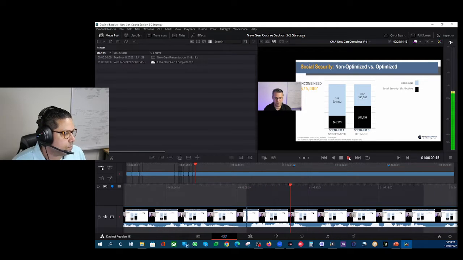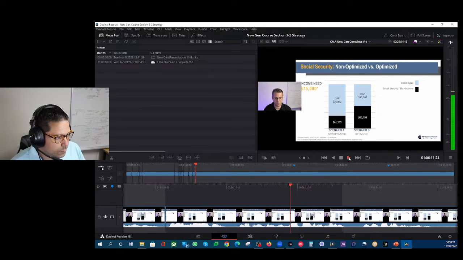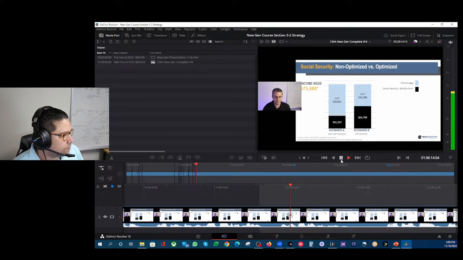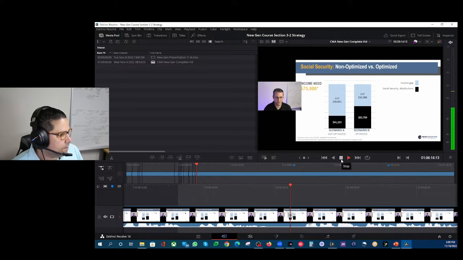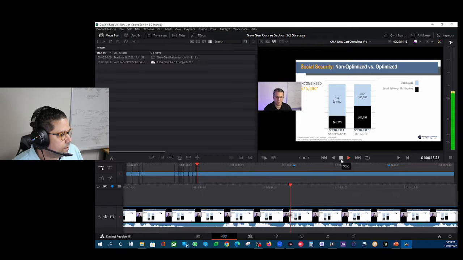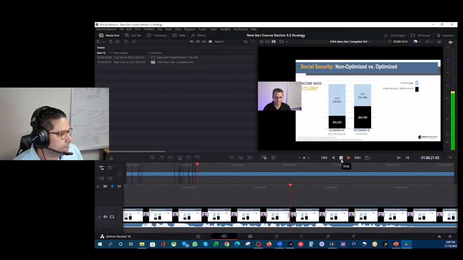Now notice scenario B. There you go. The optimized strategy. Ward files at age 70 and June files at age 66. Now after Ward files, they receive a combined Social Security benefit of